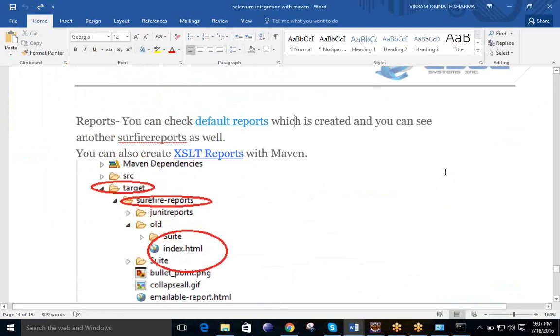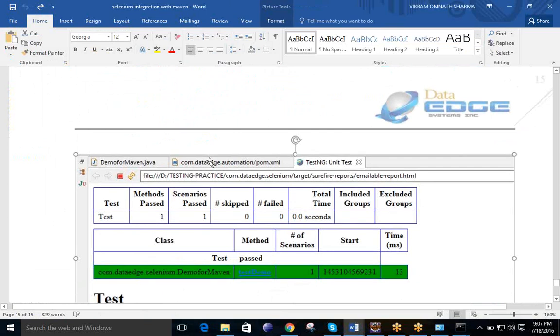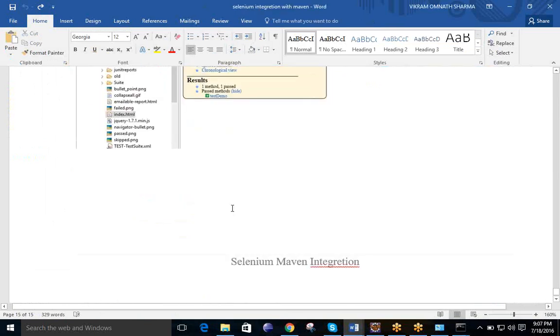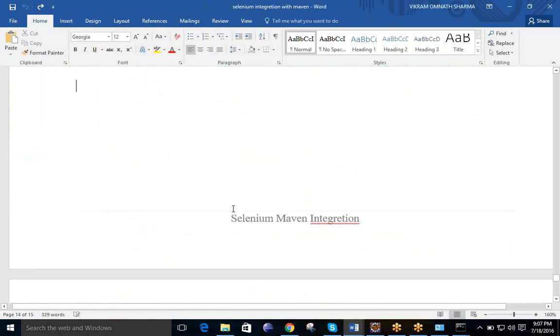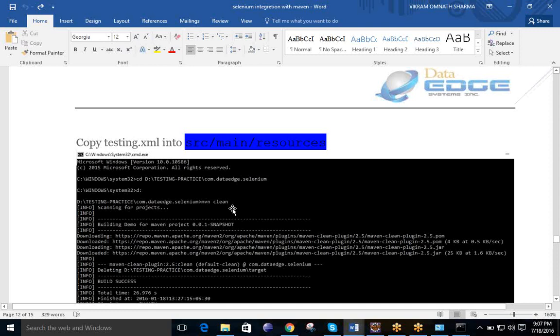Anybody? Yes, Vikram. Yes, I remember. Simply you need to copy the jar files for this Excel into your home directory like this one. This is the extra work I have shown over here. You can get the output from over here also, like the pass fail, and this is the normal output for TestNG that we have already covered. So is there any question in this Maven?